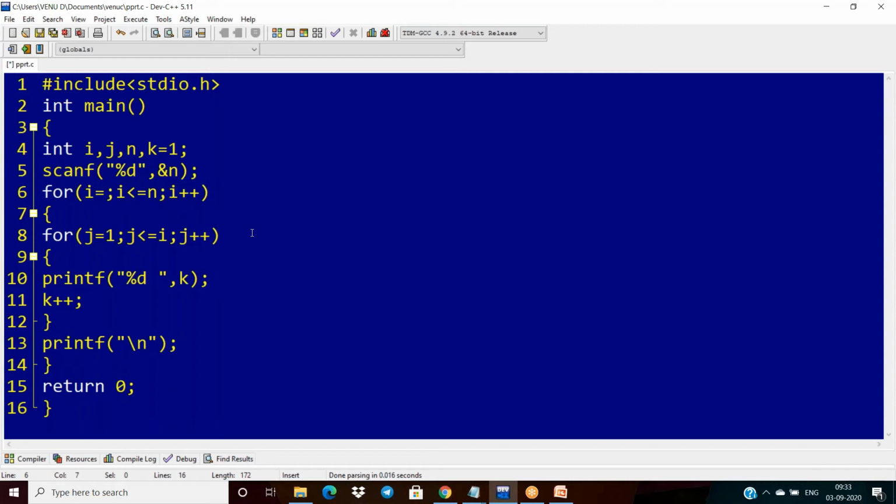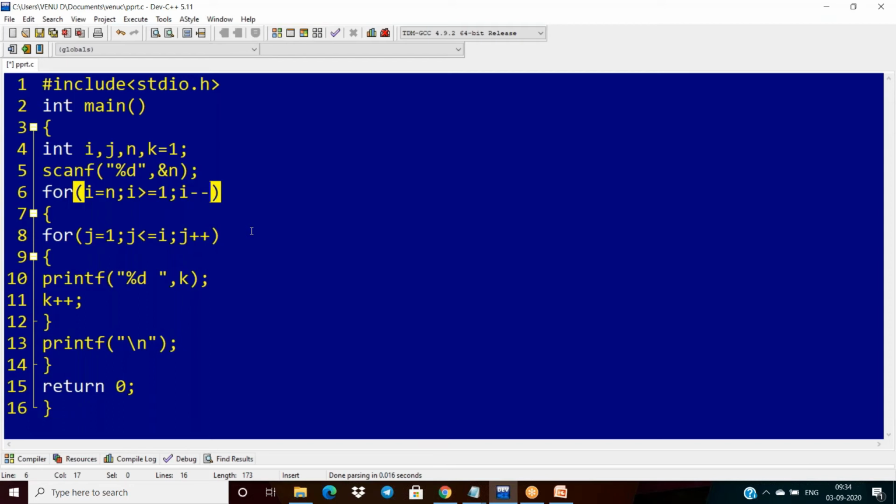So that is why I'm taking i as n. And from row to row, the value of n is decreased. So that is why I can use the condition if i is greater than or equal to 1, decrementing the i value.